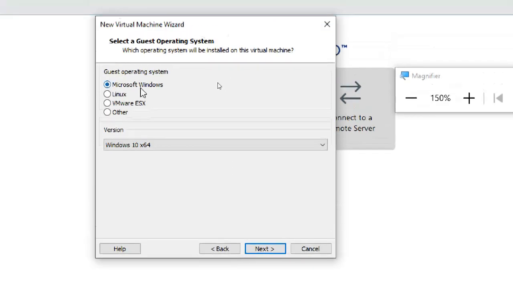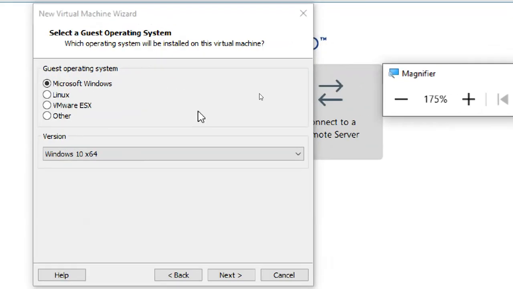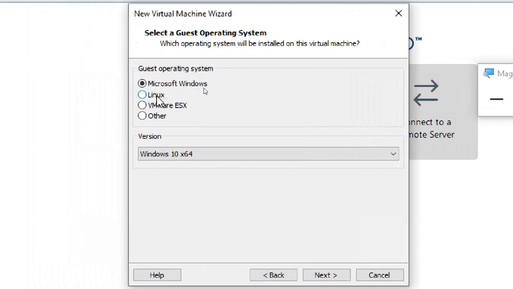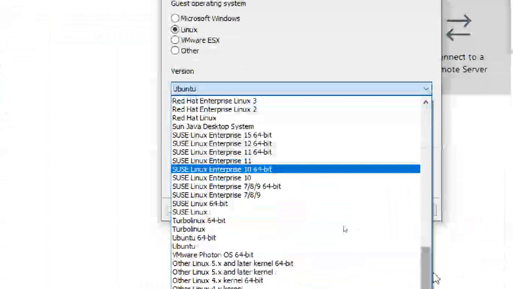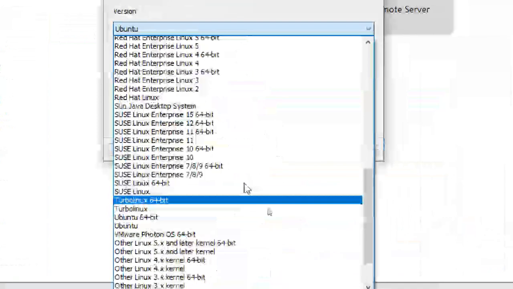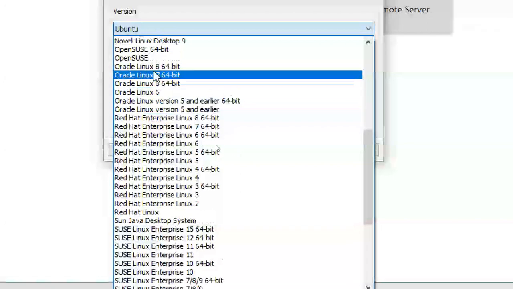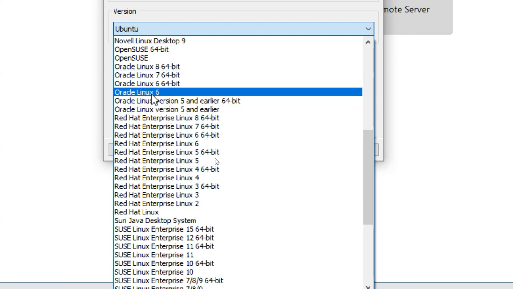Next, which operating system are you installing? I'm installing the Linux operating system. Which version am I installing? Select the version. Click on this Ubuntu or something, whatever is showing on your screen. Find out where CentOS is. I'm installing CentOS 7, 64-bit. I don't have a choice also. I have only 64-bit CentOS 7.